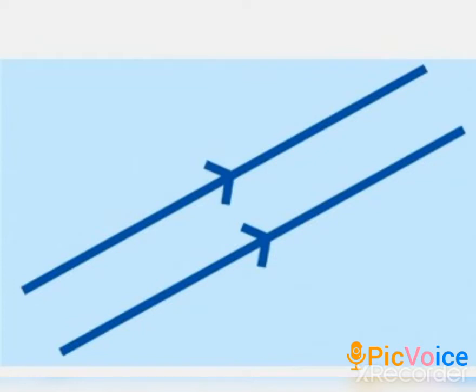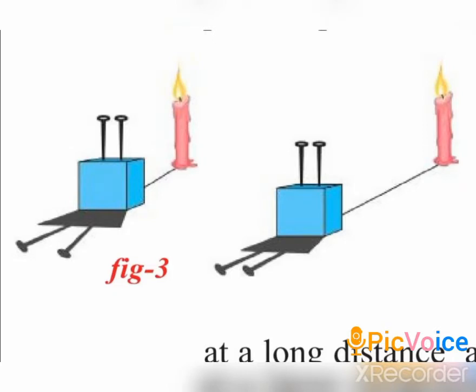These are moving in an upward direction because the arrows are pointing upwards. You can find the two arrows in the middle, which are pointing in an upward direction. Look at this image. You can find two situations in here. In the first situation, there is a candle kept in front of a thermocol block with two nails on it, and these nails are parallel to each other. But look at the shadow.